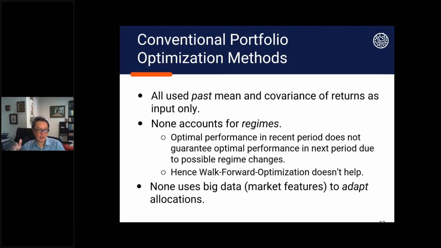And furthermore, they don't account for regime change. You might think, well, let's do a walk forward optimization. We use the past year's return and constantly optimize our portfolio based on the past year. Well, that kind of optimization usually doesn't work, maybe even works less well than if you use 10 years of optimization. Because if you have been optimizing a portfolio based on